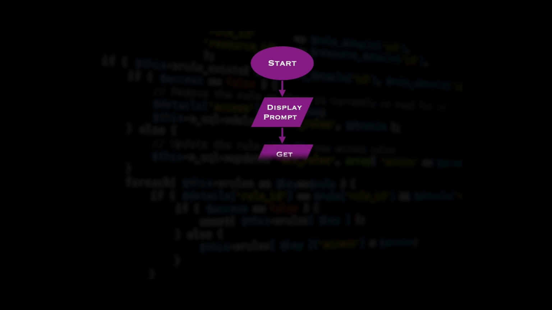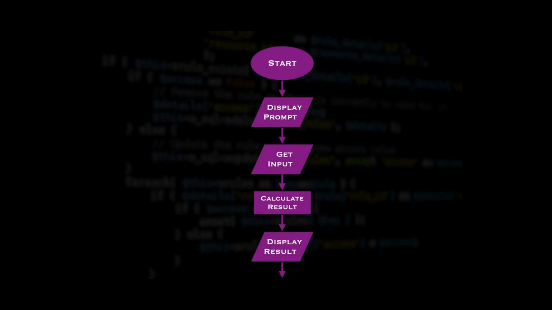Until now, our programs have all executed sequentially. When the first line of code is executed, we move on to the second. When that's done, we go on to the third line, and so on. When there are no more lines to execute, the program stops. And every time we run the program, it's going to flow through the same sequence of steps in the same